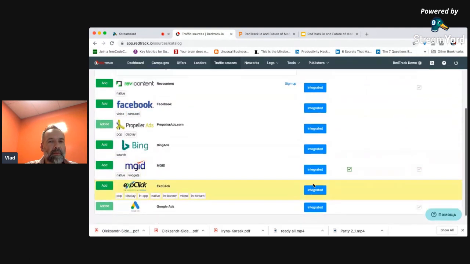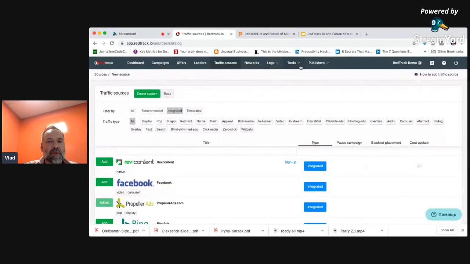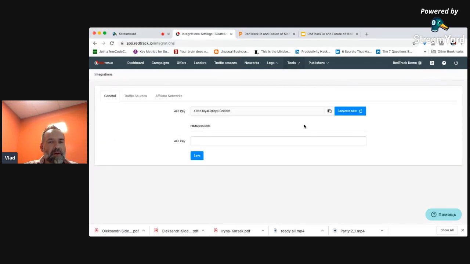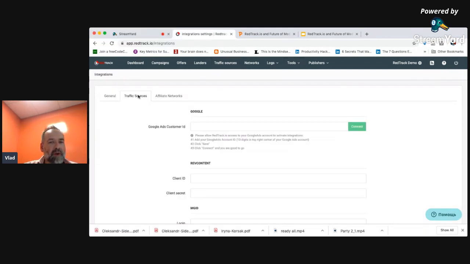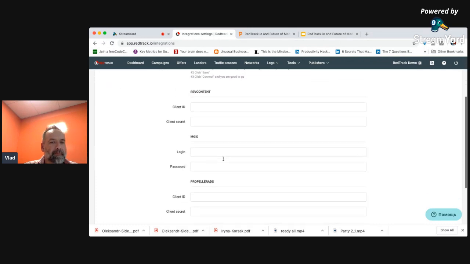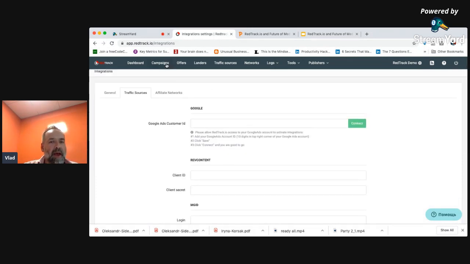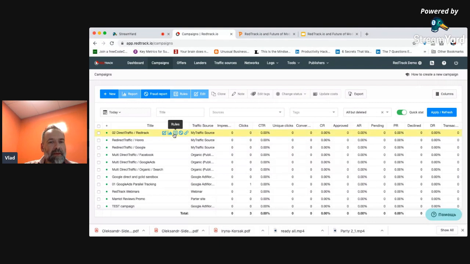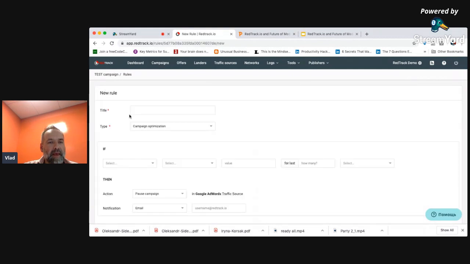This list will grow by creating an API connection between a traffic source and your account in this traffic source, and by creating a rule that will allow you to say pause campaign if some of the criteria that you set will be monitored in the given period of clicks, conversions, or hours.